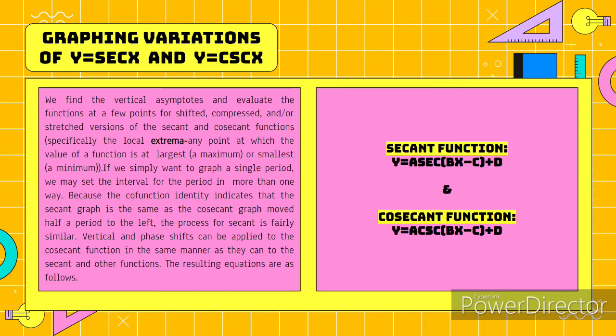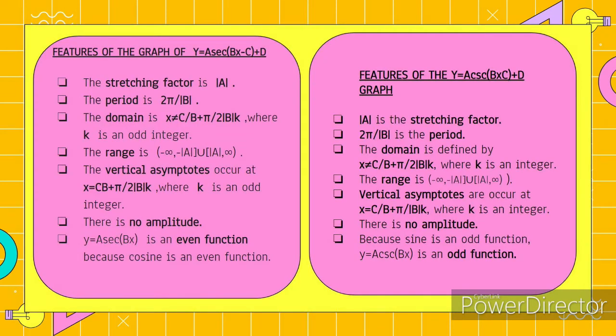Vertical and phase shifts can be applied to the cosecant function in the same manner as they can to secant and other functions. The resulting equations are as follows. Features of the graphing variations of the secant function. The stretching factor is a. The period is 2 pi over b. The domain is x not equal to c over